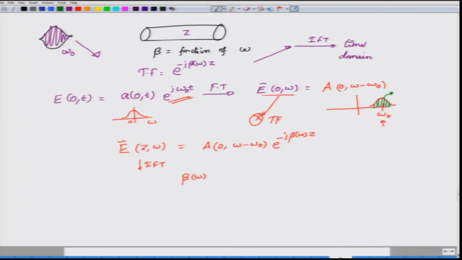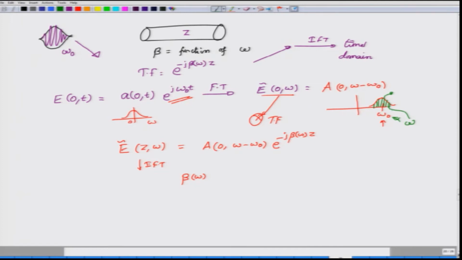What I mean by this is that I can consider any frequency component omega here, and as long as this pulse spectrum is narrow, a small bandwidth kind of pulse, then omega minus omega 0 will give me the difference between the two frequency components, the carrier and the component that I am considering. So, my omega can be either higher than omega 0 or lower than omega 0, but my reference is now instead of 0 frequency, it has become omega 0. Okay. And now you can appreciate what I am doing here.